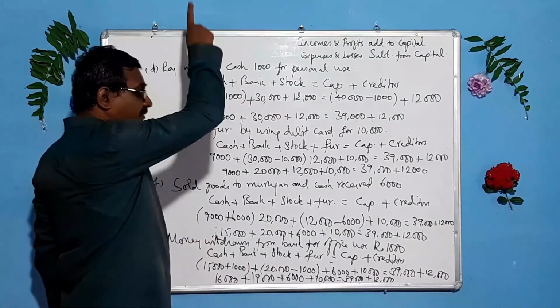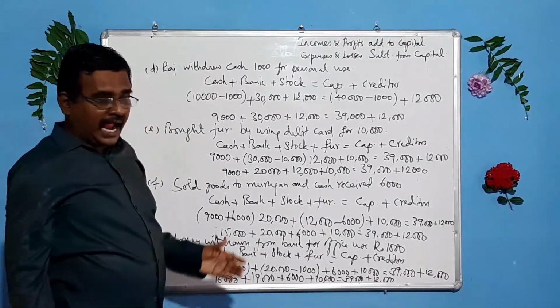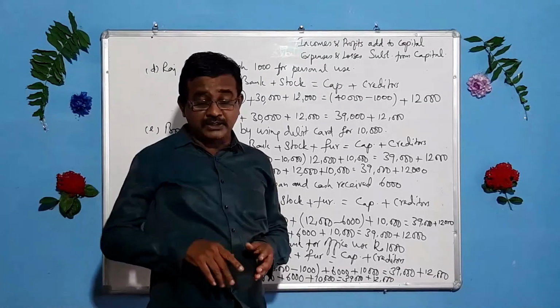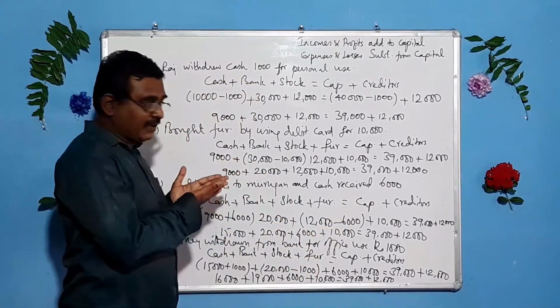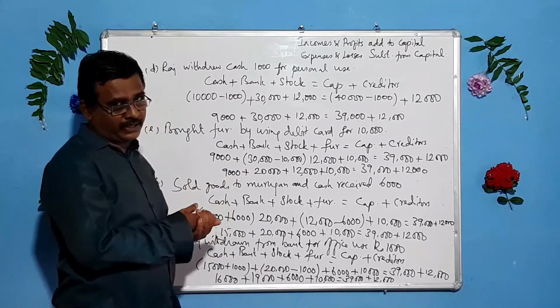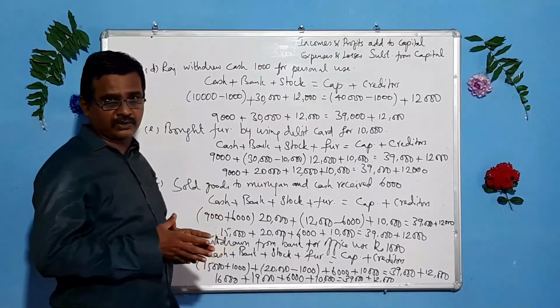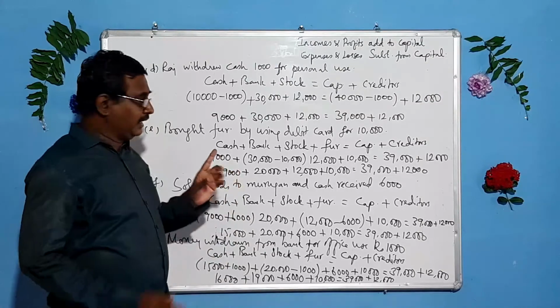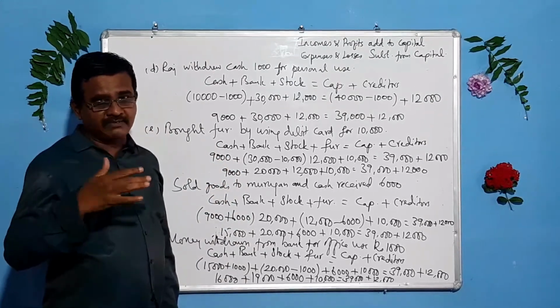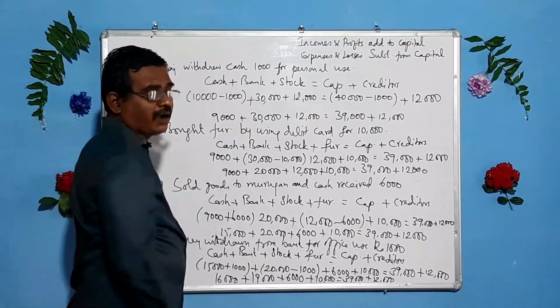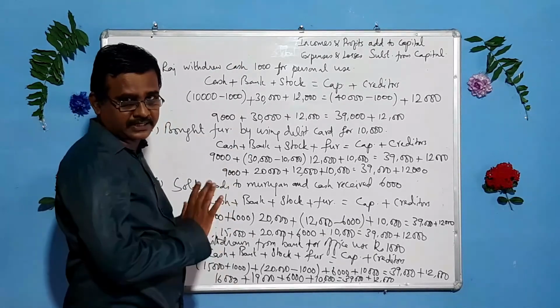In your book, it is given in the form of a tabular column, and you may find it difficult to draw the number of columns. For that, you can follow this. If you find this one easy, you can easily follow this. There is no problem in the equation. The equation will be the same, the amount will be the same. The only thing is that we do not make columns. You will get the same answer.